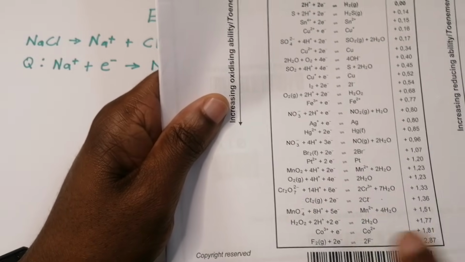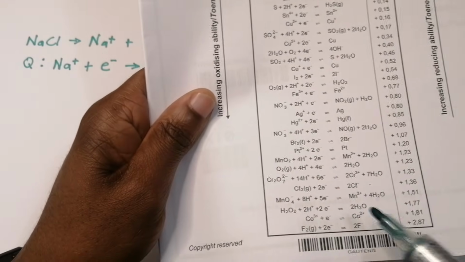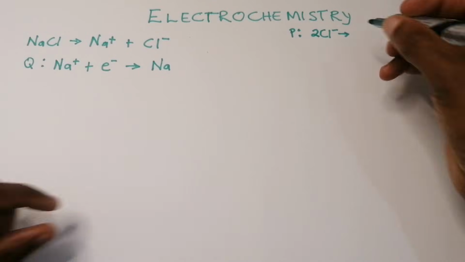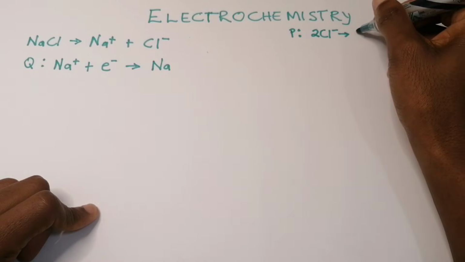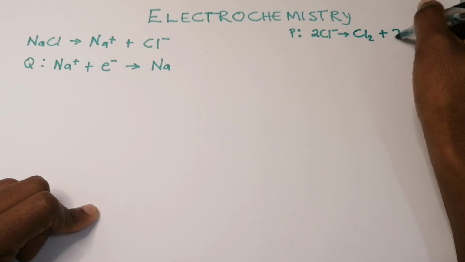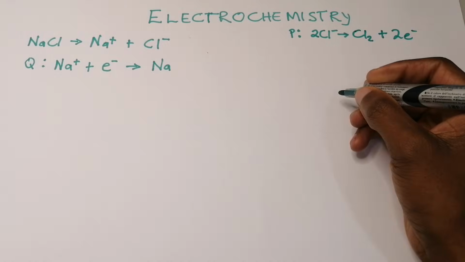So in this case, because we started with Cl minus, that's why I would flip this around, okay? So we'd start on this side going to that side. As a result, the process that's taking place there, 2Cl minus, is becoming Cl2, right? By giving away 2 electrons. That's what's happening at P.